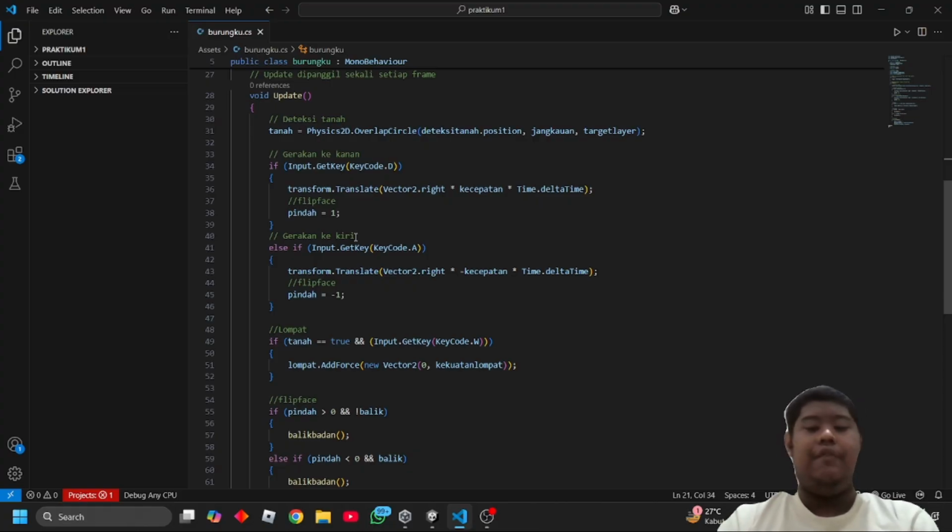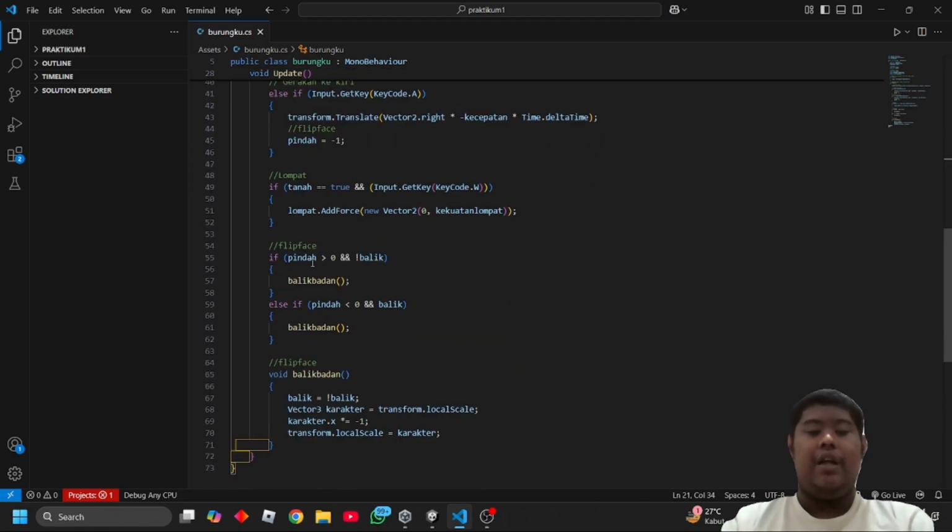Lines 49 to 52, if the character is on the ground and the W key is pressed, vertical force is added to make it jump using Unity physics for a natural effect. Lines 55 to 73, finally, this part flips the character's face. If the movement direction changes, the sprite is mirrored by flipping the X scale, making it face the correct way.